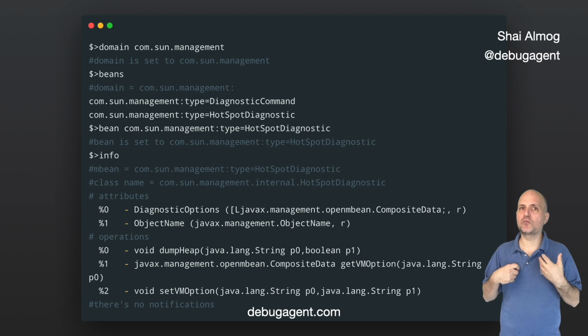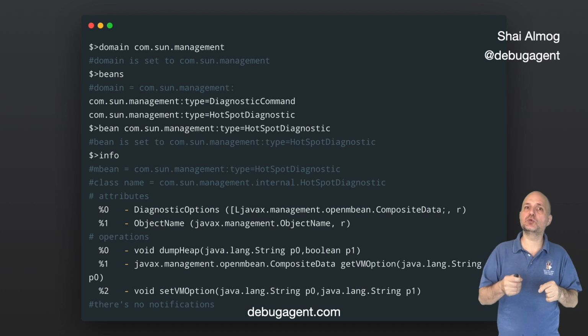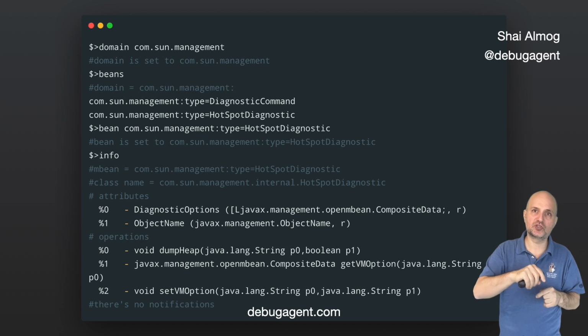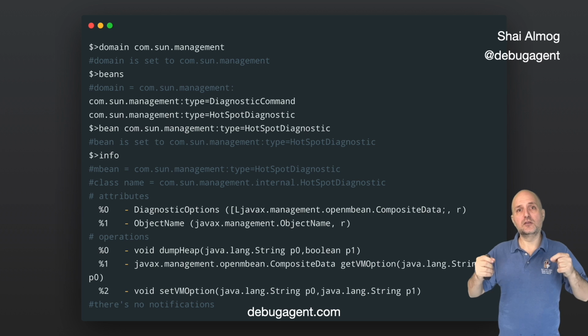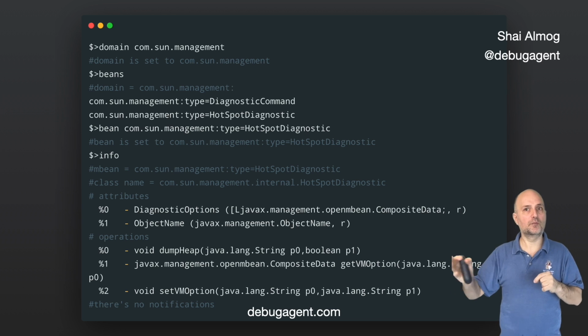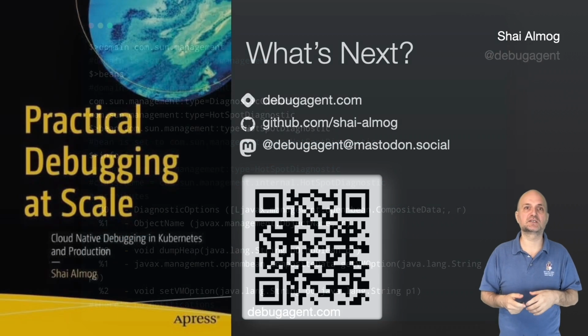JMX is a remarkable tool that we mostly use to wire management consoles. It's remarkable for that, and you should very much export JMX settings to your projects. Having said that, you can take it to the next level by leveraging JMX as part of your debugging process.